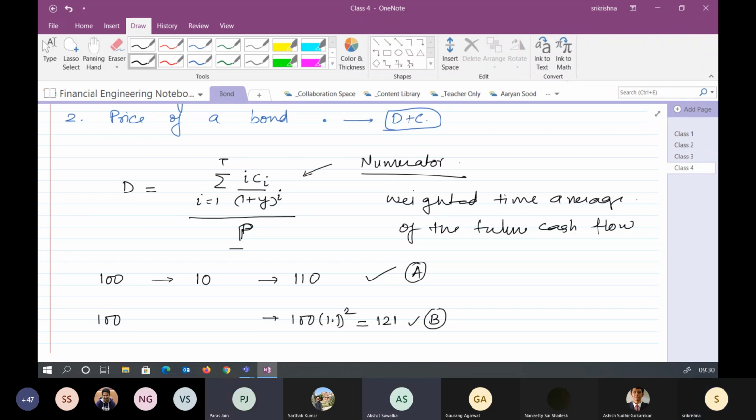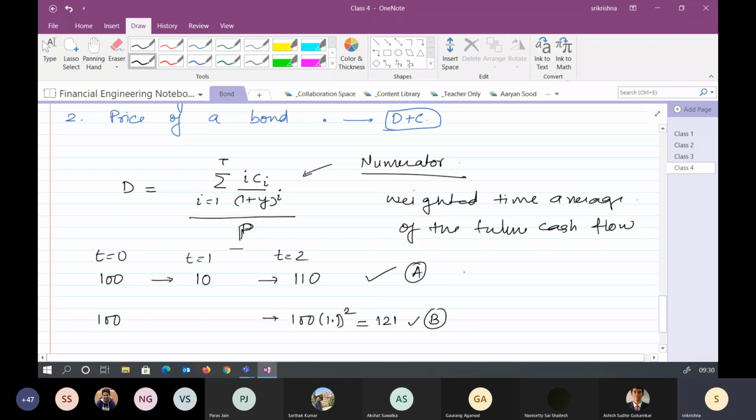Yes or no? Yes. If I have to understand, let's say this is t is equal to 0, this is t is equal to 1, and this is t is equal to 2. Now, assuming a flat interest rate, at t is equal to 1, whatever 10 rupees I get, I can invest for one more year and my return would be 11 rupees. Yes or no, Akshat? Yes, sir. Yes, so total will be 121, because 110 we have got here, 10 we have got here, and 1 rupee I have again if I invest 10 rupees for one more year. So 121, this is again a 10% return bond.